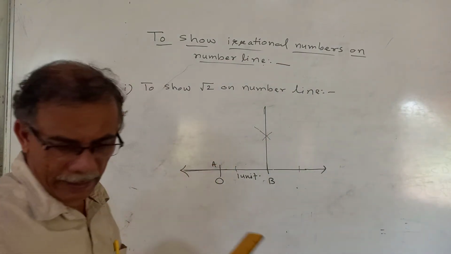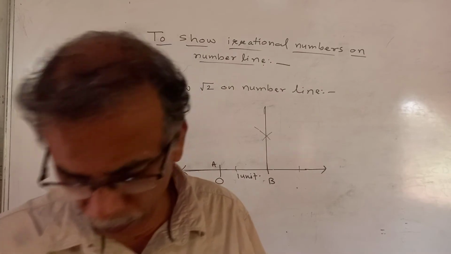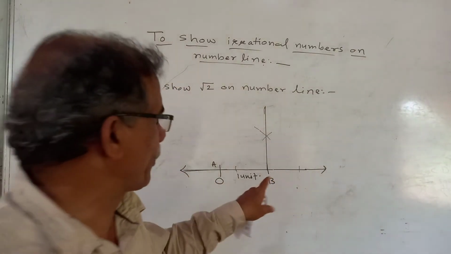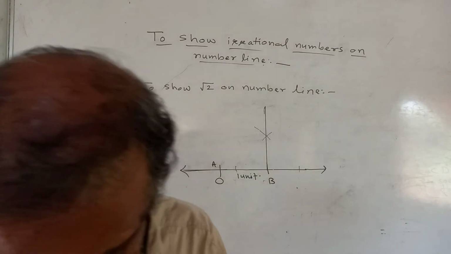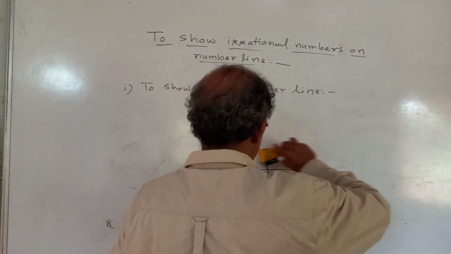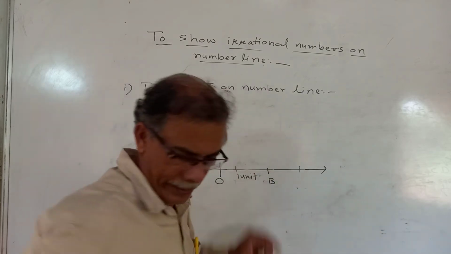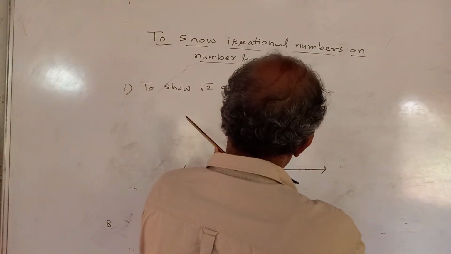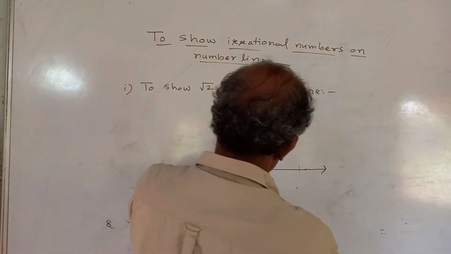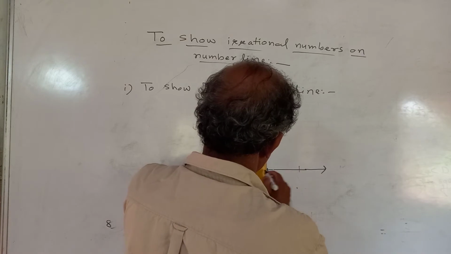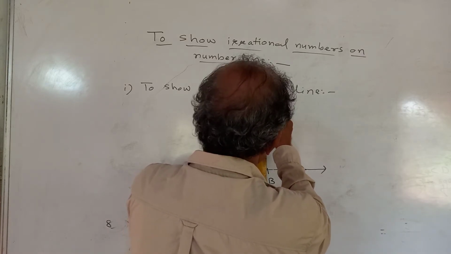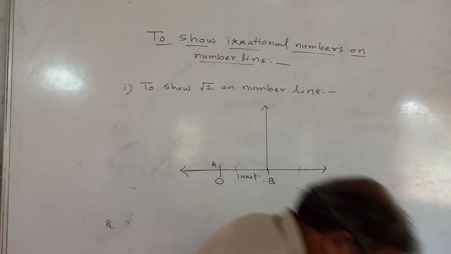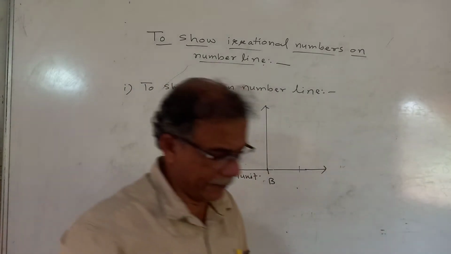This is the perpendicular. But there is no need to take a compass and draw the perpendicular. You can keep a protractor here. At present I have no protractor. Or even, if you have the skill, you can directly draw a perpendicular with a ruler. So suppose I draw a straight line like this at this particular point, it should make 90 degrees with this line, isn't it? So this is the perpendicular. Even with the help of a ruler, if you know, you can draw that perpendicular.